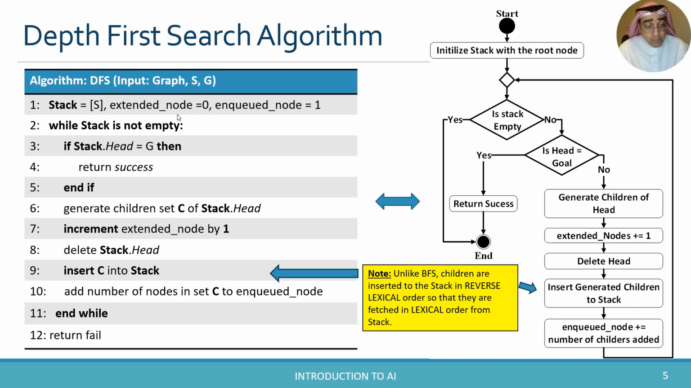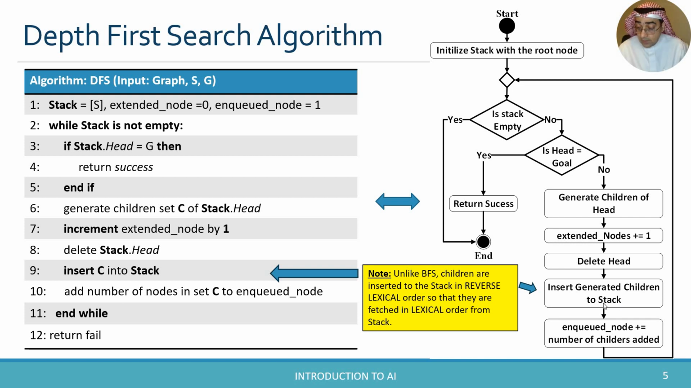And then what happens is, well, let's come over here. So in the stack, basically we check if the stack is empty or not. So stack is not empty because we just added the root into it, and we check the head. Okay, if the head is the goal, then we are done. We return a success. If the head is not the goal, we generate the children of the head. Of course, we extended that node, so we add 1 to the counter so that we can count how many nodes we have extended. We delete the head, okay, and we insert the generated children to the stack,